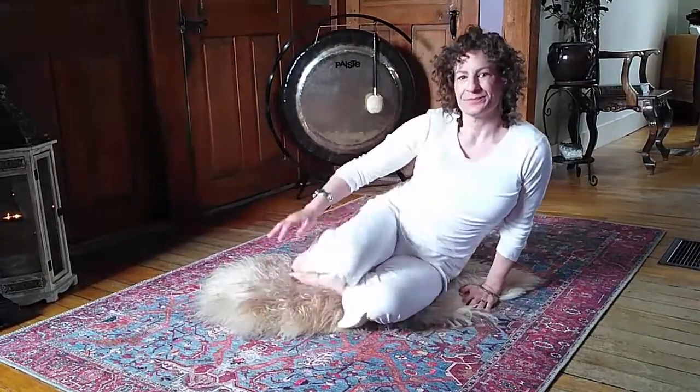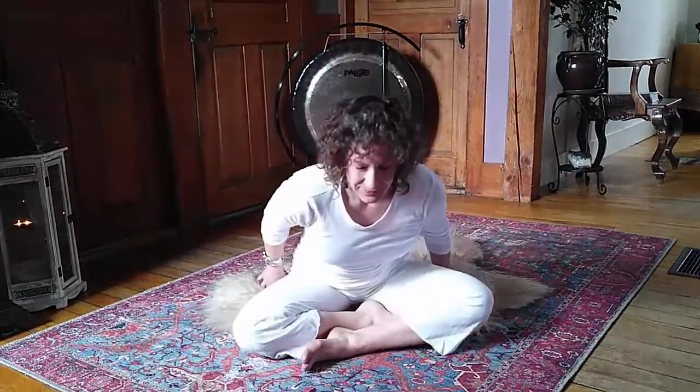If ever you feel like your legs are bothering you in this position, feel free to sit in a chair or move onto your knees and sit like this, or simply stretch your legs out before you continue. I'm used to sitting like this, but it takes practice, and the goal of yoga is not to become uncomfortable